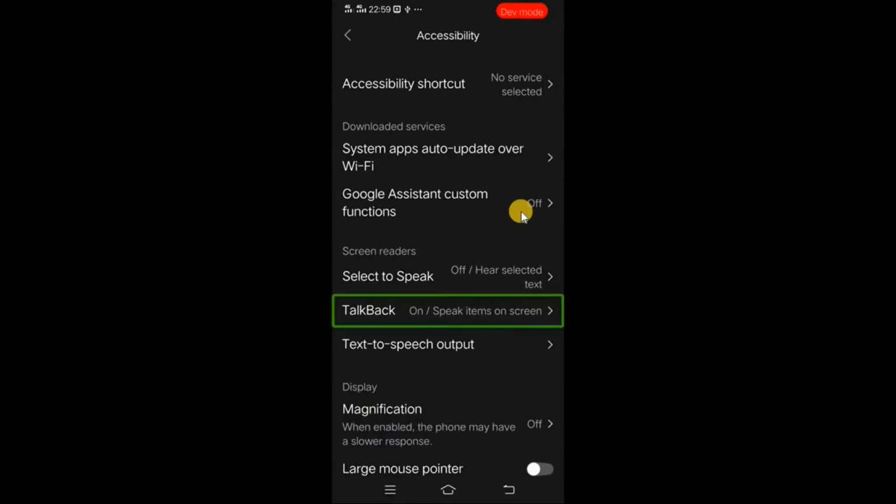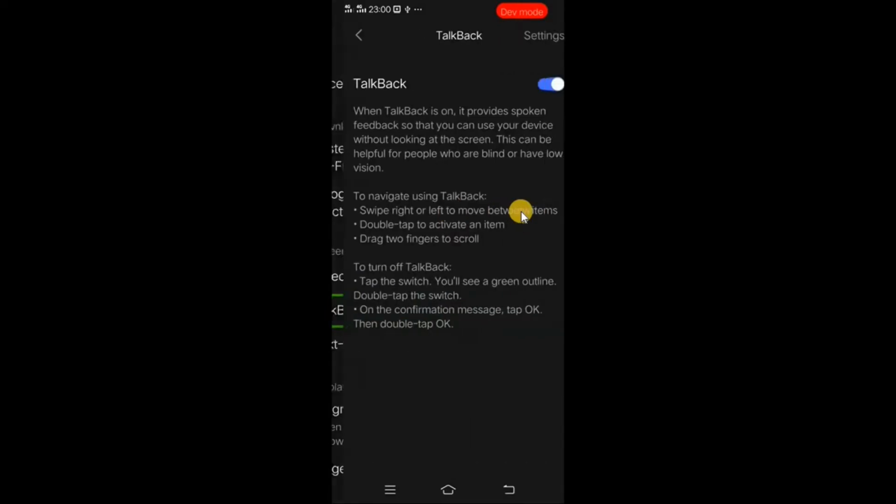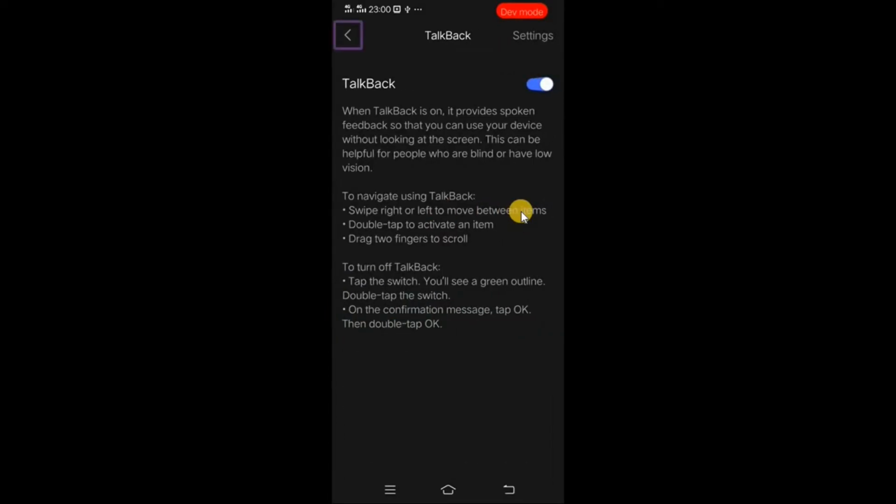This phone has talkback on now. That is what it is assisting, and double tap like that, it is assisting. It is uncomfortable to operate the mobile. Double tap it. Then the talkback option, we can see here it is enabled. Now we want to put it off. Select once, it is selected, double tap to put off.